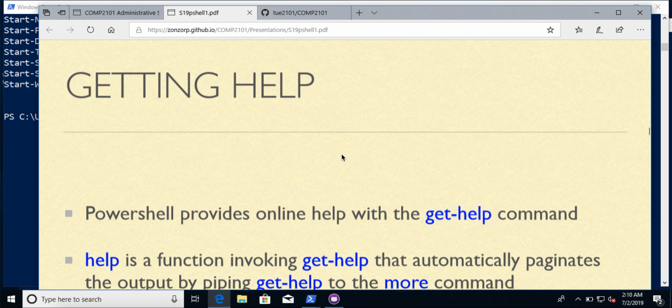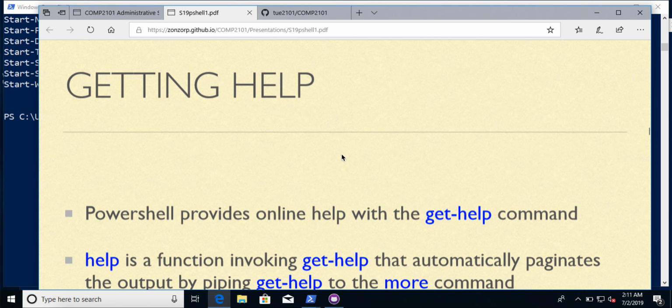When you are new to PowerShell, one of the most important things to learn is how to get help about using PowerShell and the commandlets in PowerShell and the ways that PowerShell works. PowerShell has built-in help. There is online help available, and of course there's help on the internet with a browser. The way you get help from within PowerShell is with the get-help command, and there are help documents that